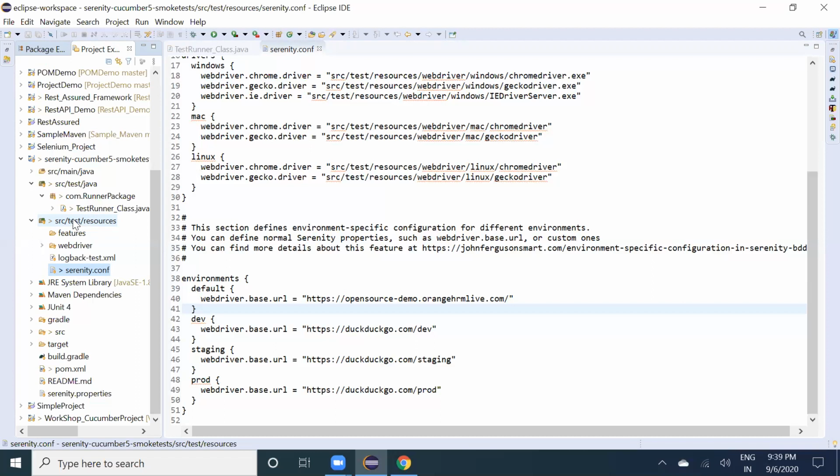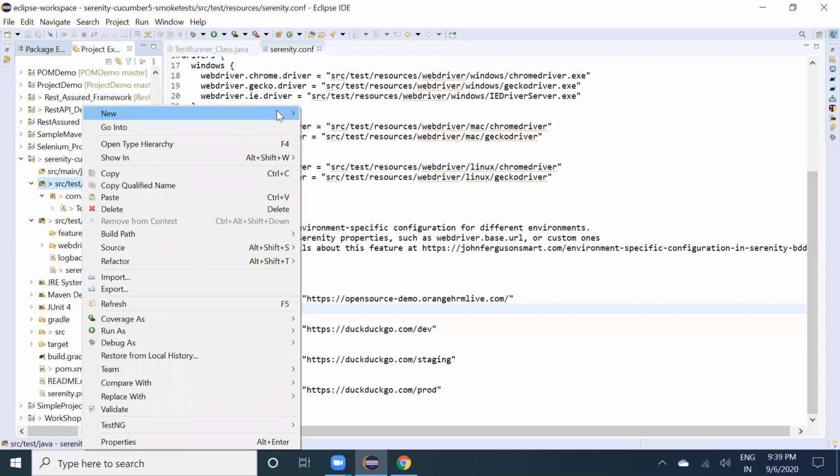Can you go to the src main java? Expand this src main java. So we don't have any base class or reusable functions in this framework. So we're just going to call it. Now we'll go to src test java and create one package, com.pages. So first in this tutorial we'll see